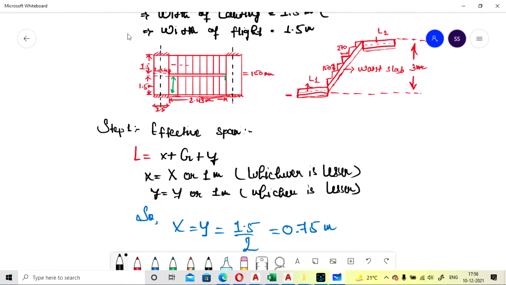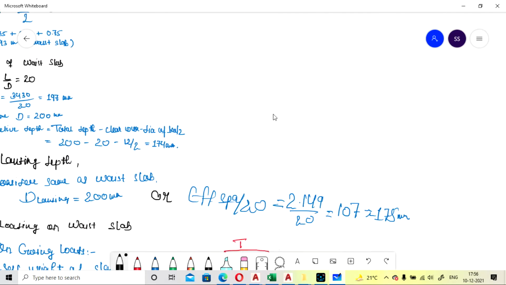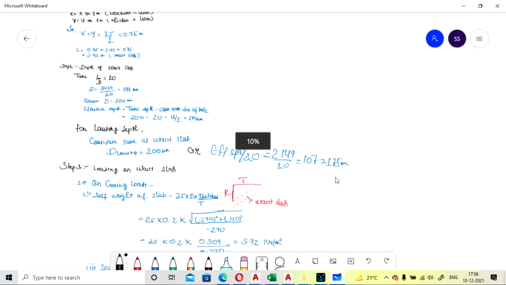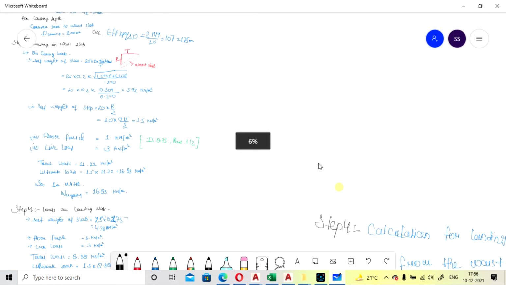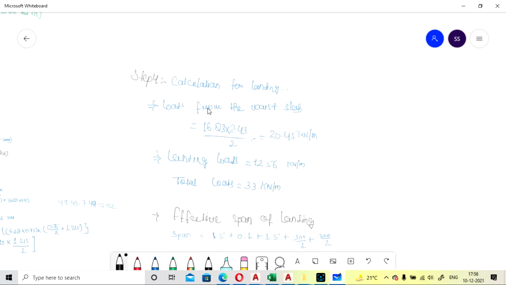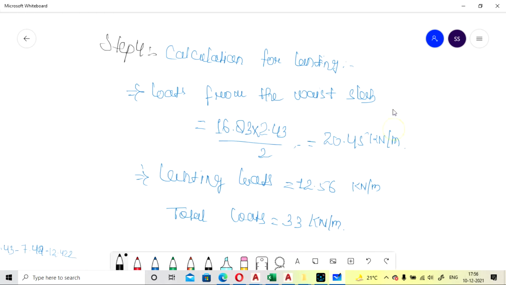So in this we are going to see how to design the landing. We have already done the calculation for the loading of the landing in part 1.